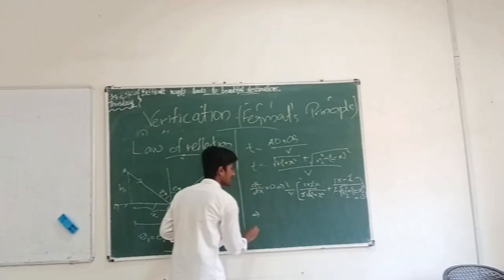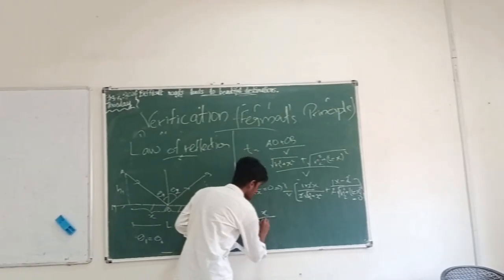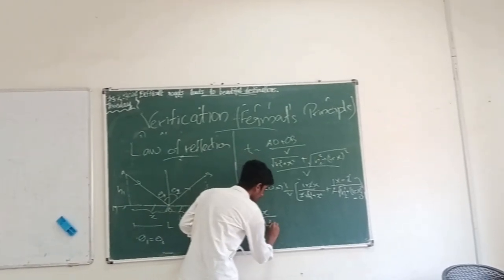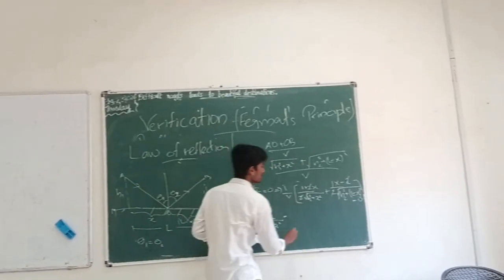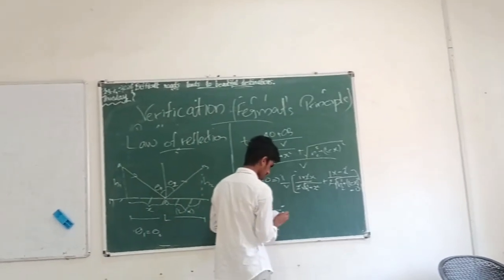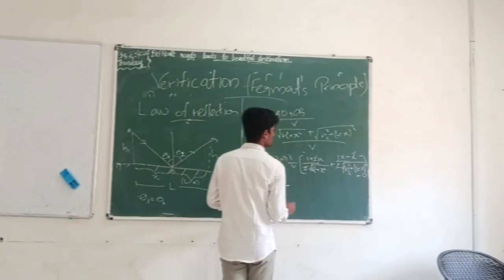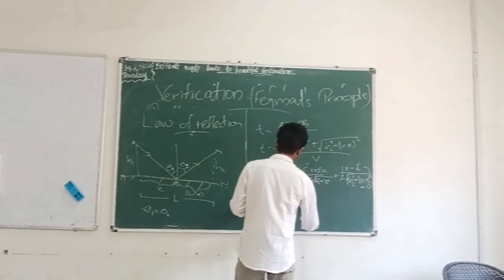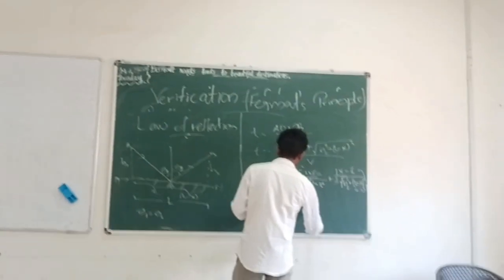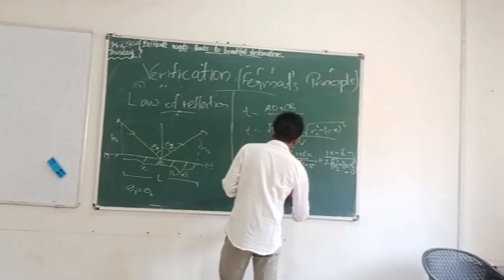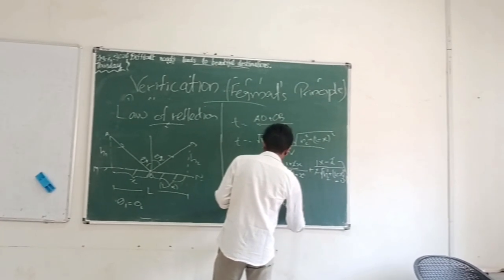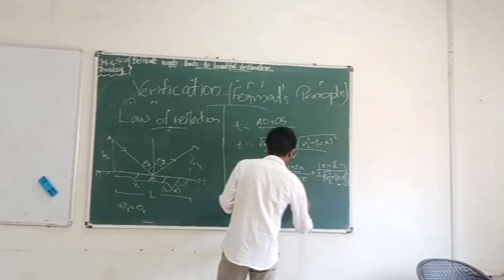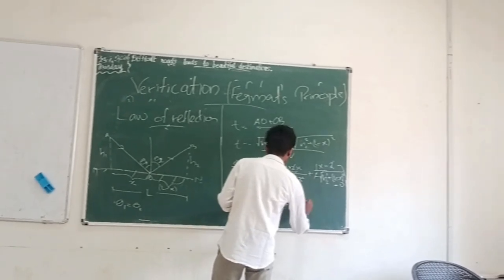That means x by root h1 square plus x square equal to here L minus x by root h2 square plus L minus x equals